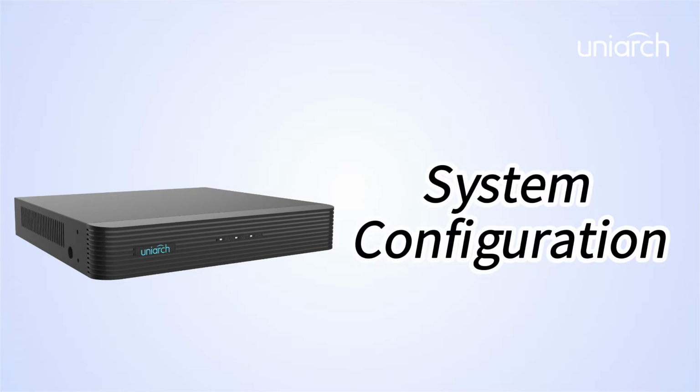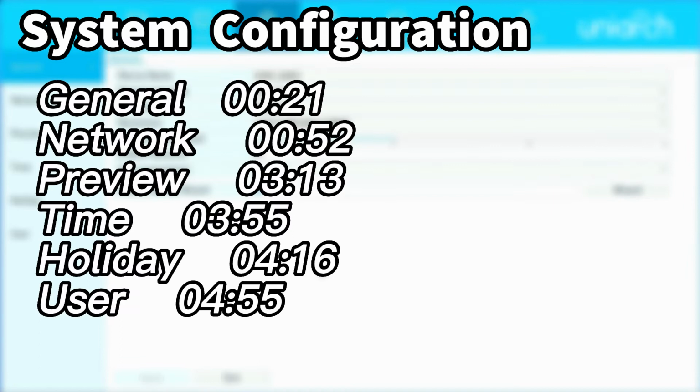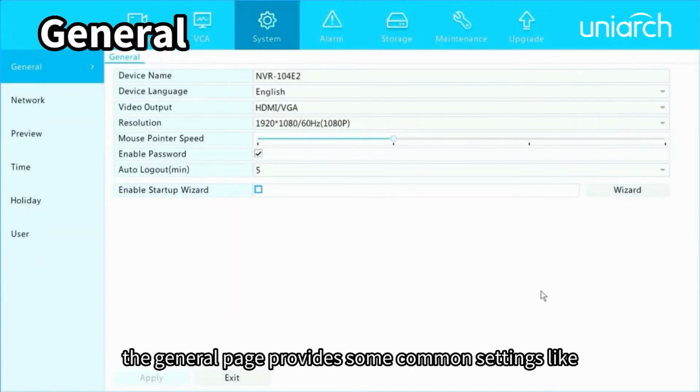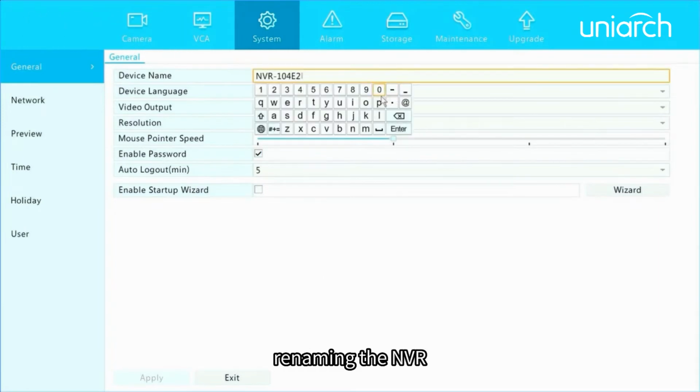In this episode, we are going to introduce system configuration. We will explain all the parameters and settings we find in General, Network, Preview, Time, Holiday, and User on Uniarch NVR. Let's get started. The General page provides some common settings like renaming the NVR